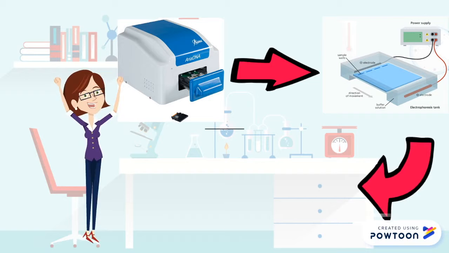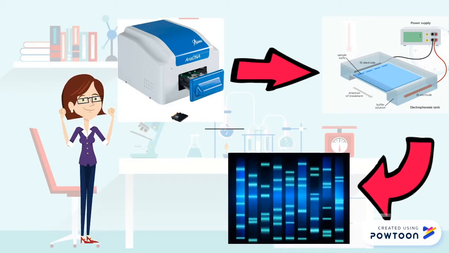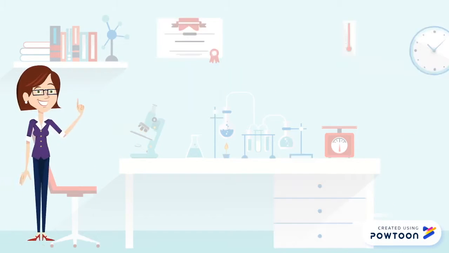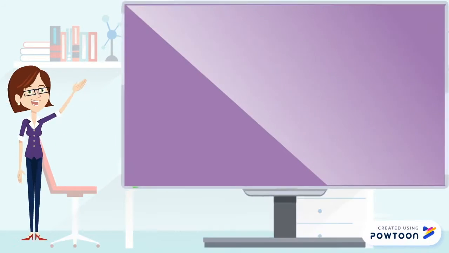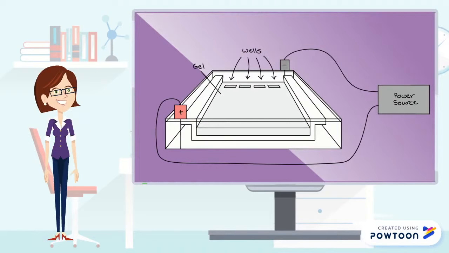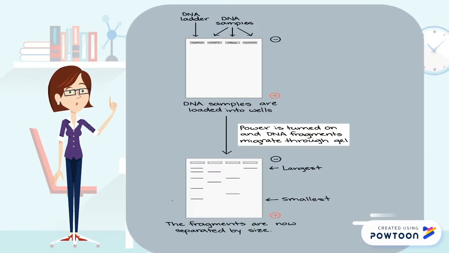Gel electrophoresis is a technique in which the DNA fragments are separated according to size. A standard DNA ladder is included so that the size of the fragments in the PCR sample can be determined. Then, a current is run through a gel containing the molecules of interest. Gel electrophoresis involves a gel called agarose. The gel is a matrix of agarose molecules that are held together by hydrogen bonds and form tiny pores called